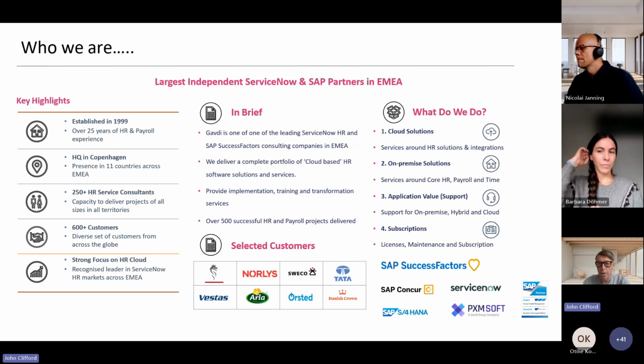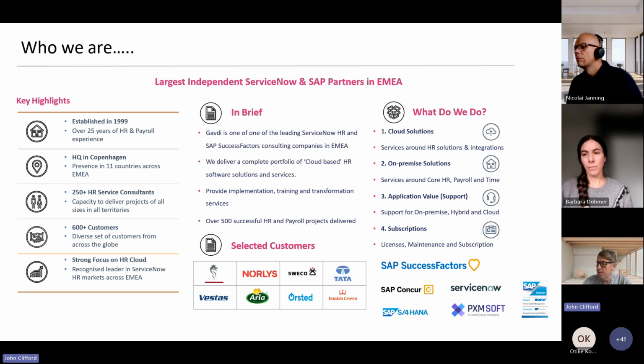We have a very strong Nordic and Scandinavian heritage, headquartered in Copenhagen, still owned and managed by our original founder, a gentleman called Søren Koppelhaus. Over the past 25 years, we've grown quite aggressively, in the sense today we're in 11 countries with 15 different offices and continuing to grow, I'm pleased to say. We're just over 250 consultants. And as you can imagine, over the last 25 years, we've worked with a huge amount of customers. It must be over 600 at least, in a wide variety of different industries and sectors.